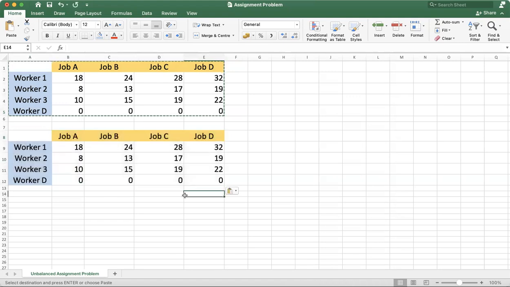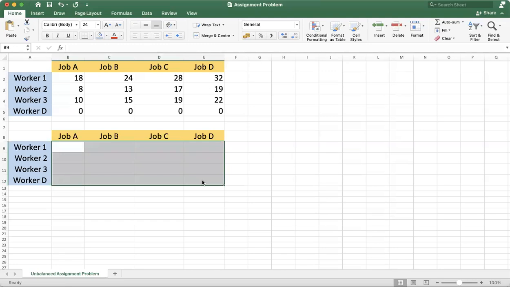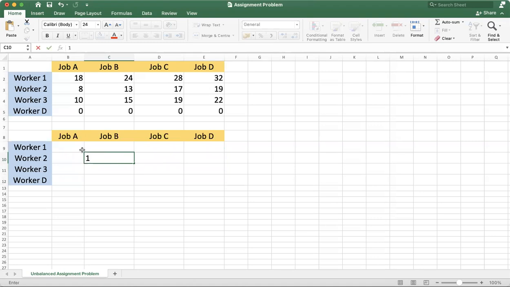As I've already told you, these values represent the time taken to complete different jobs, so this new table will denote the assignment. Suppose the value here is 1, it will denote that worker 2 is assigned to job B, and the other values will be 0 in this particular column and in this particular row.